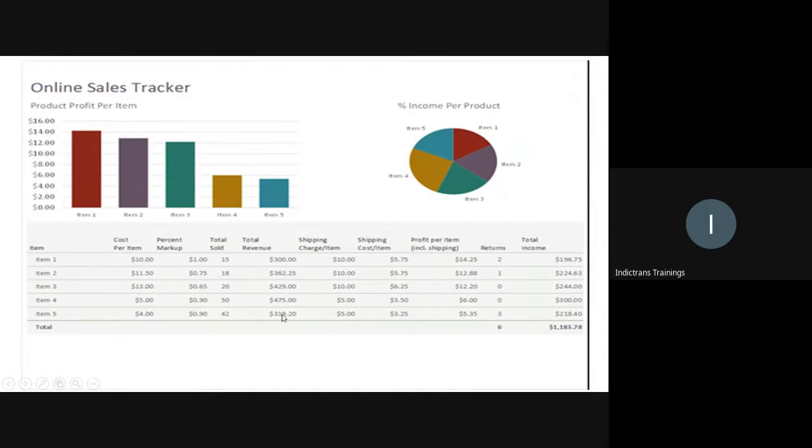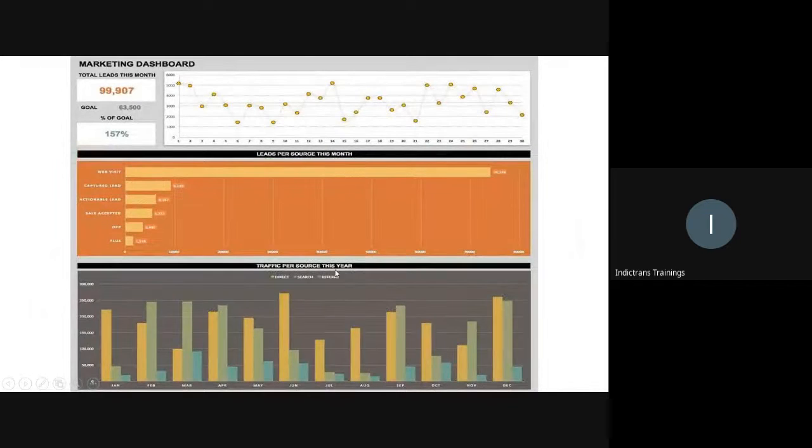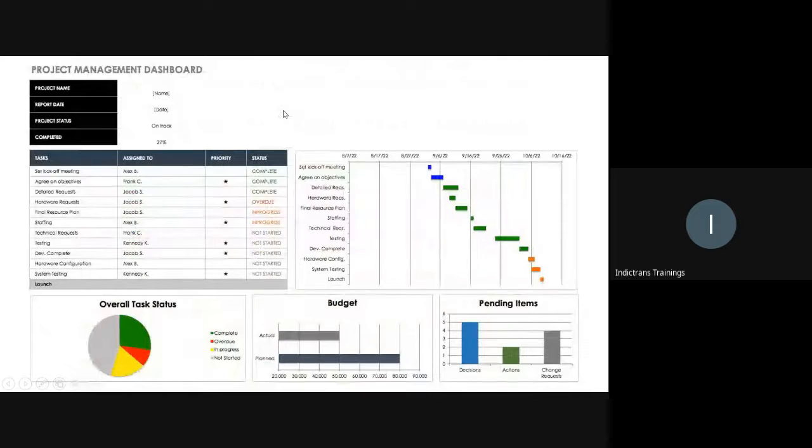This is a simple table, which is formatted as a table. You could do this also. Then this one again is pretty much easy to do. This is a line chart with a marker. So that is an option there. And you can do a line chart with a marker. So that is what we would do.